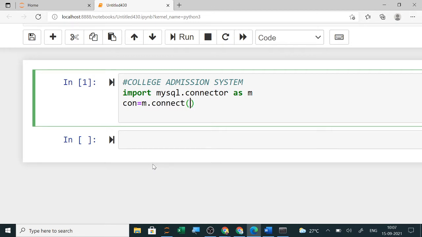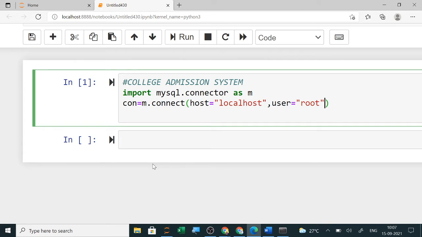Now while connecting, what you require here, first thing is host. Now here host is your local host, so you will type here localhost. Next will be your user, so user will be root, so here user equals root. And the last one is password.